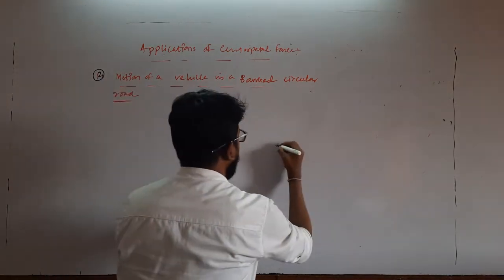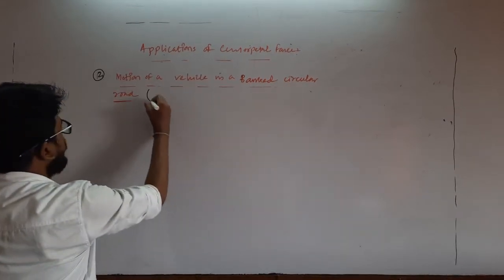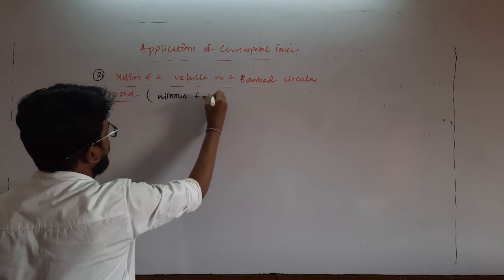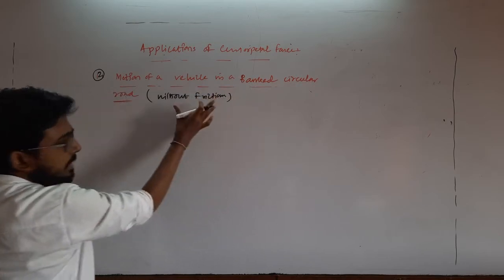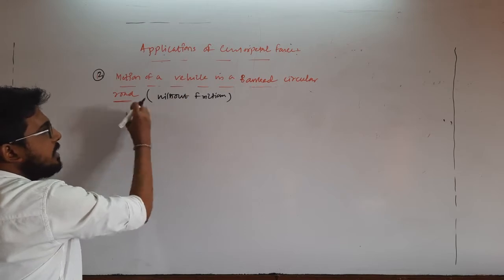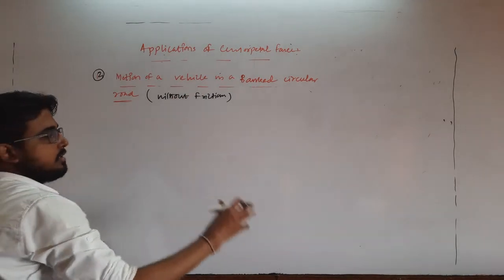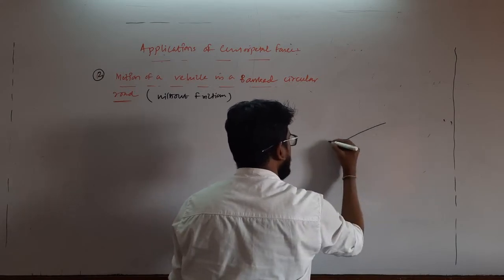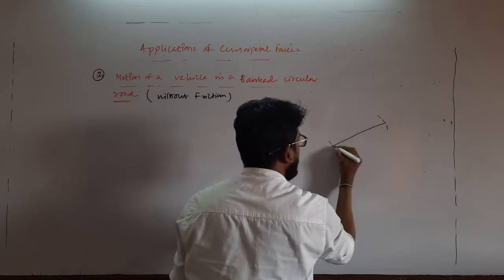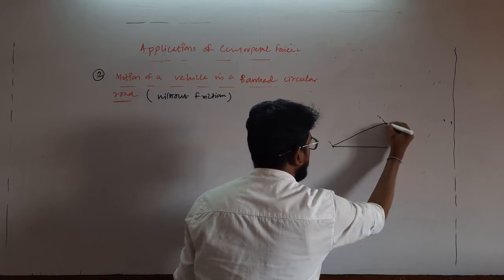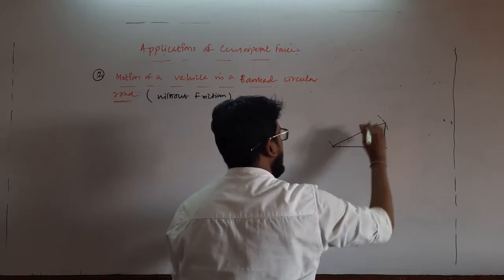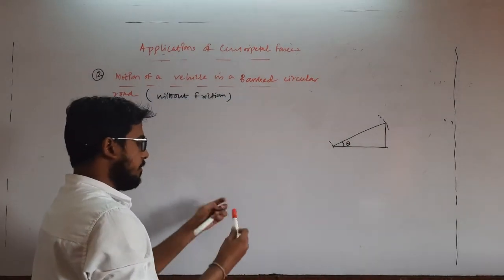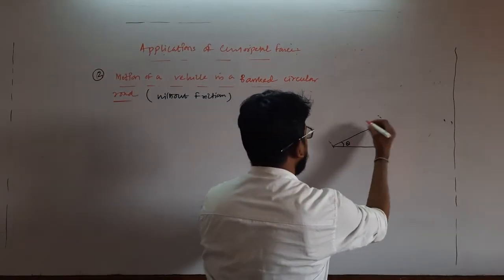If I am considering a banked road, the first case is without friction. It is not practical, but we are considering there is no friction on that road. Clear? So we are considering a banked road like this. This is the inner edge and this is the outer edge and this is the horizontal. Clear? So this is the inclination. The road is inclined by an angle theta. Okay, and here is the vehicle which is going along this track.